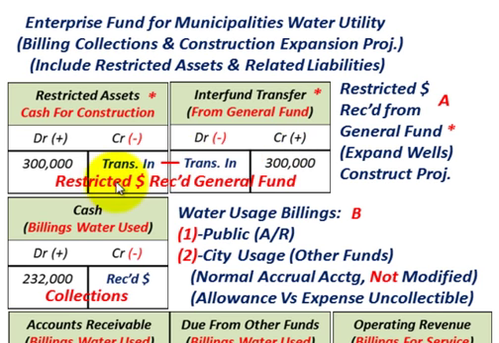And this is where we set up restricted dollars received from the general fund. In our enterprise fund, this is the key: you have to call it restricted assets, cash for this particular construction project. In this case, we'd have the well expansion, or the expansion of our water utilities, for the particular project. So the key is restricted assets, and we would have to label it as such. This is really the cash account, set up as a restricted asset. Say we received $300,000 from the general fund. So we debit our restricted assets account for $300,000.